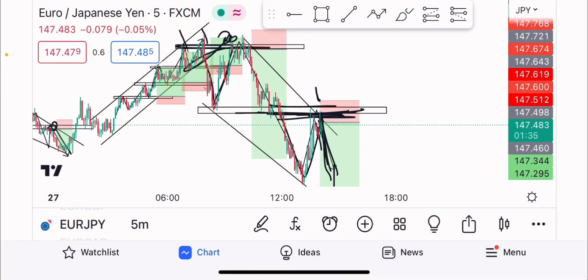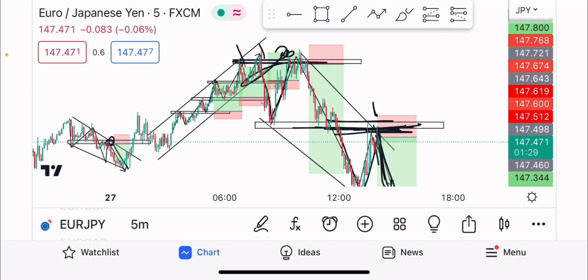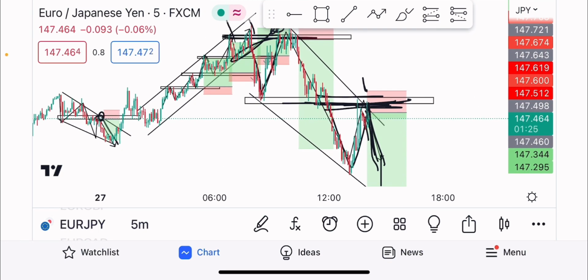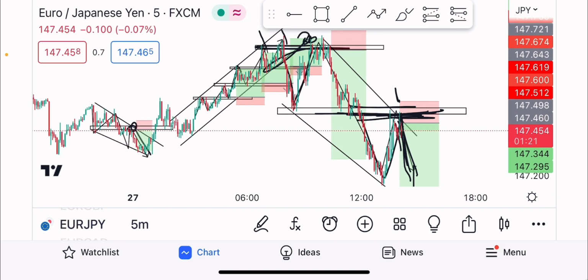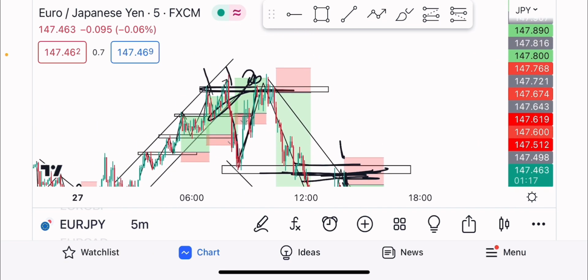So I hope I've been able to share with you guys my knowledge on trading the break and retest market, the right market approach, the right structures, when to trade the break and retest markets and when not to trade the break and retest market. So we can see the market's moving to the downside. So basically we're looking out for sell opportunities on the break and retest of those levels. Like we got at this point, you're able to get three nice trades at that zone